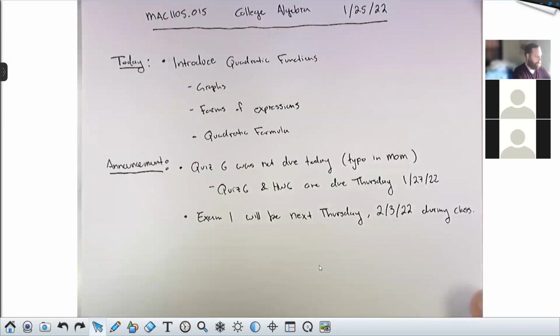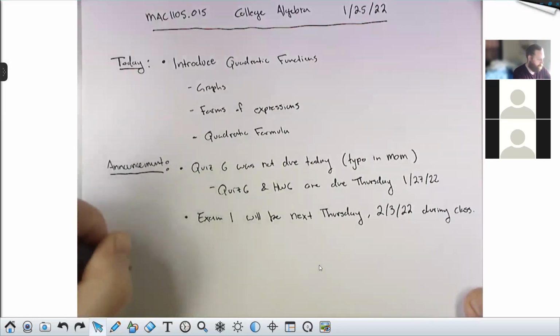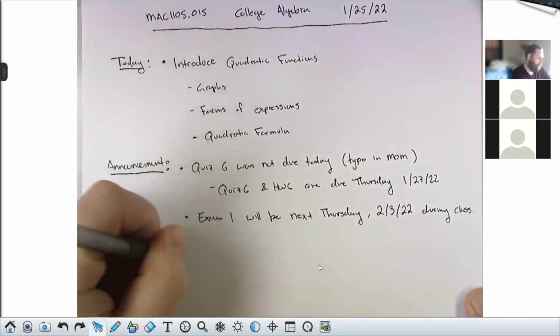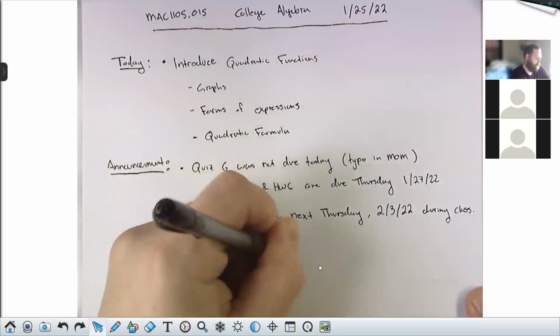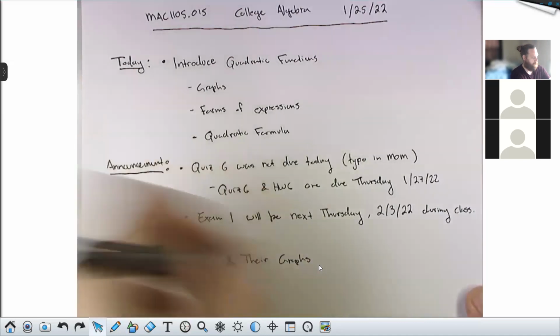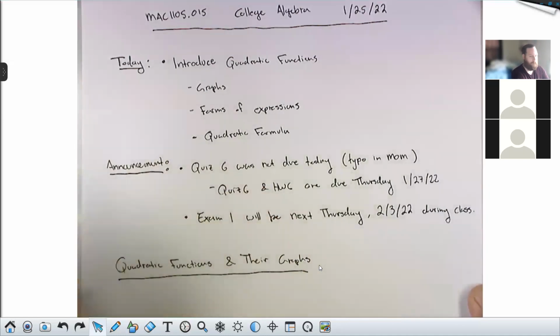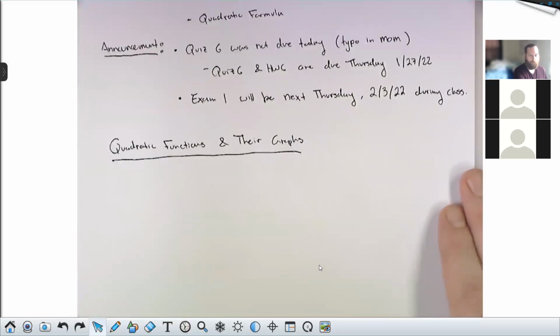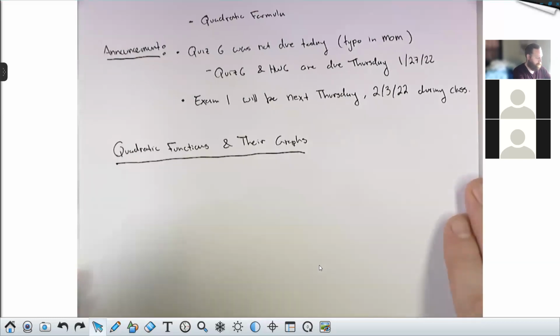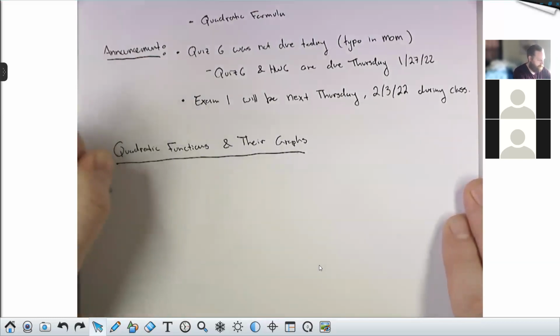Okay, so quadratics. We all have some familiarity with quadratic functions, I'm sure, from middle school, high school, wherever. The natural place to begin when we have a shared background like that is the definition.